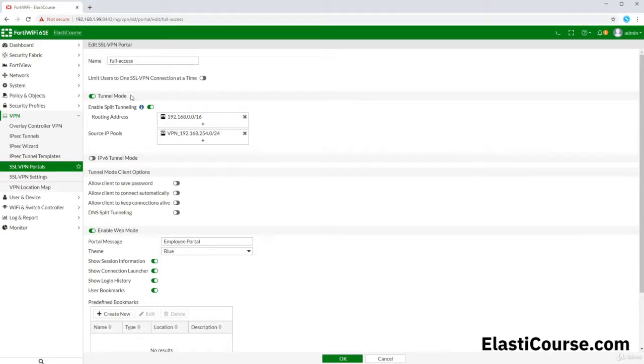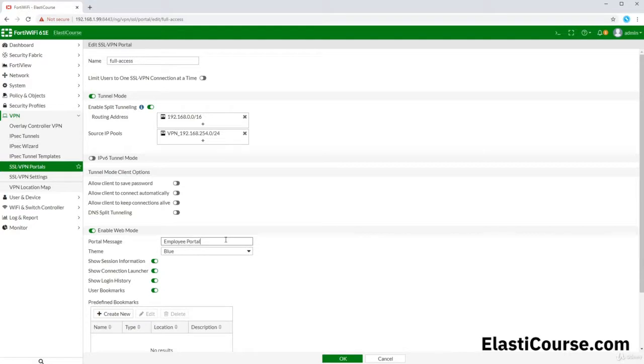The tunnel mode operates on ESP, so it uses port 4500 UDP, and it also uses TLS or HTTPS to initiate the connection in the beginning and exchange the username and password. If for some reason port 4500 fails because of a firewall block or another reason, you will be given access to the web mode, which is a limited access that only works from the browser and allows you to proxy your requests into your environment. So it has very limited functionality and it doesn't work as fast as the tunnel mode works,